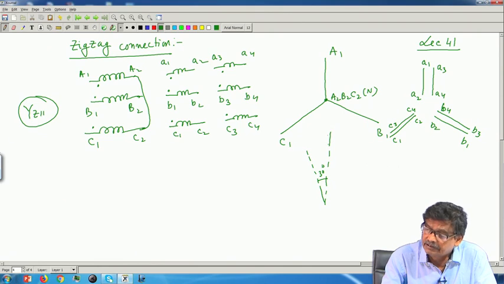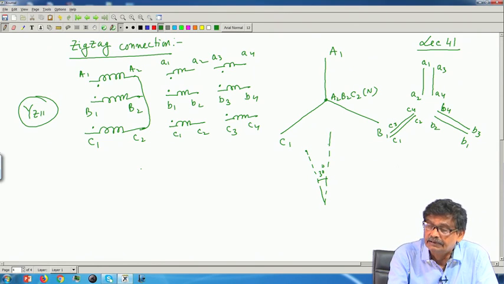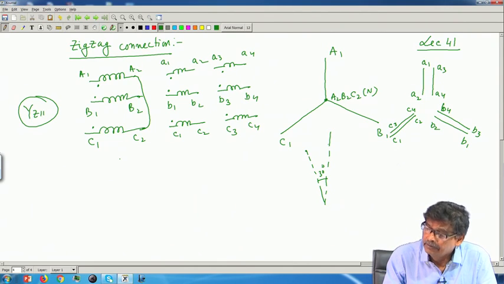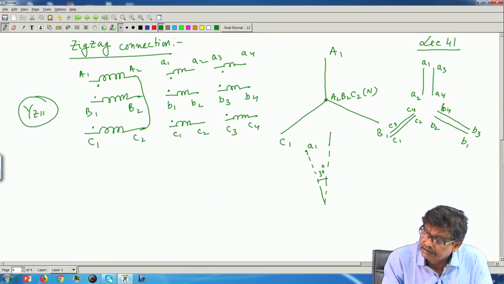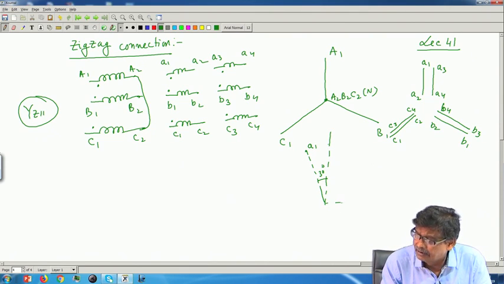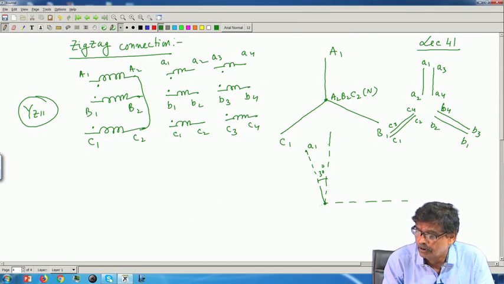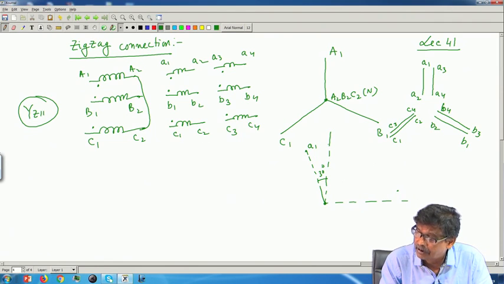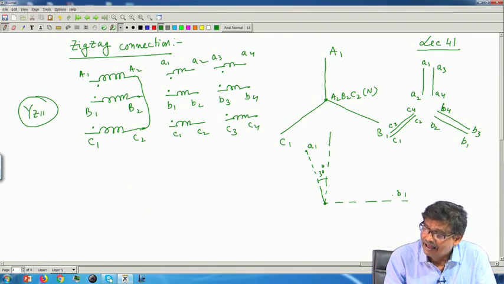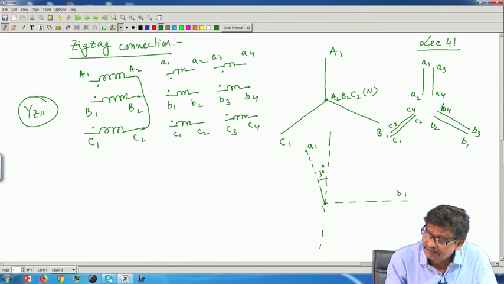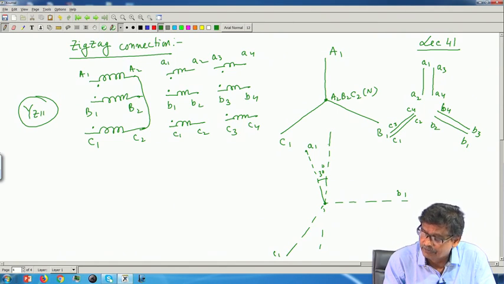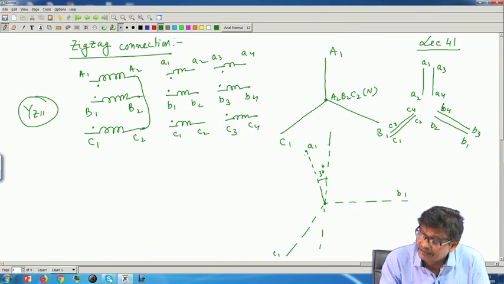So, the A phase from the secondary side must come in, and I will prefer that it comes out from small a1, that is what I prefer, and similarly your B phase with respect to whoever will become the neutral, that I will see after completing this. This B phase also should come from B1 I would prefer, and similarly this is 120 degree apart, C phase must come out from this. Now, as you can easily see, this A1 can be nicely placed here, A1, A2.